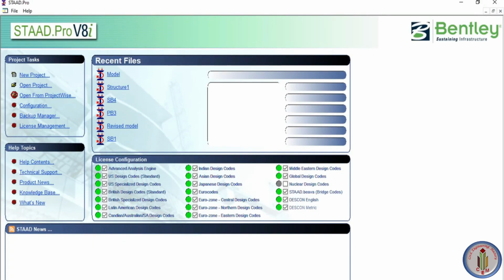Today I am going to explain you about STAAD.Pro basics. If anyone wanted to learn a new software, it is mandatory to know the basic fundamentals of that software. Some people may think that it is very difficult to learn a new software: how to use the tools, how to make modeling by using the tools. Please don't think that way. It is very easy if you go with the proper method of learning.